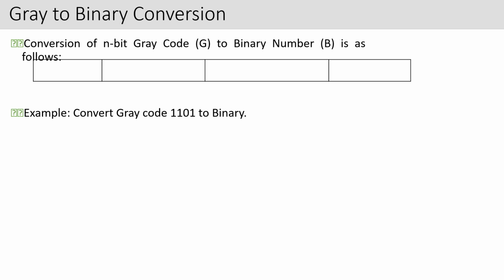What will you do? Okay, so the conversion is as follows. First you will write the gray code as it is, then binary. What will you do? One, you will write the way it is written. Okay, first letter you will write as it is, and then you will do like this, cross way, means 1 1. Exclusive OR gives what? 0. Are you getting it? This is a symbol for exclusive OR. So 1 1 gives me 0.